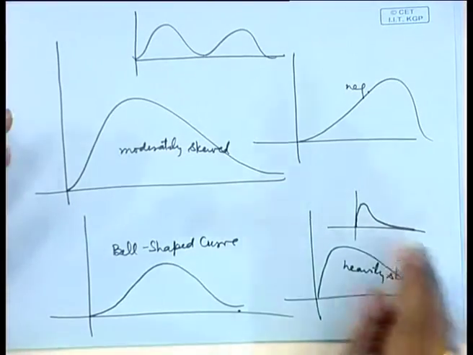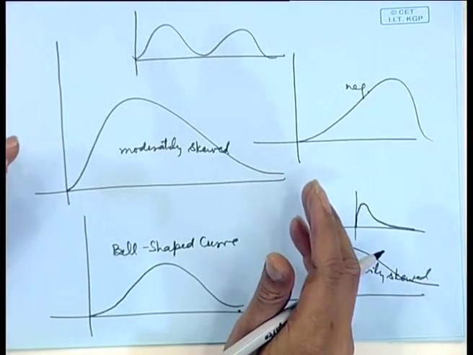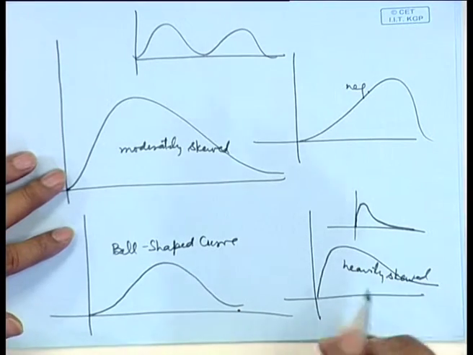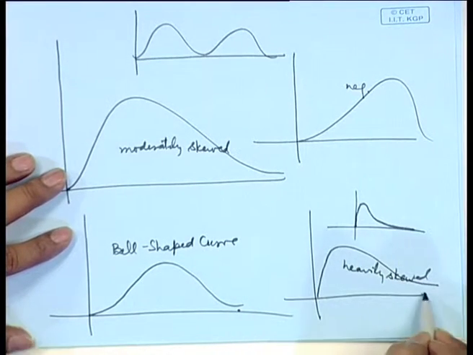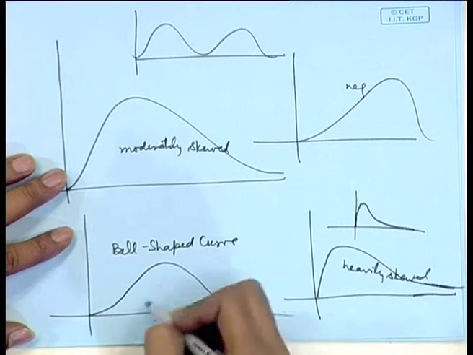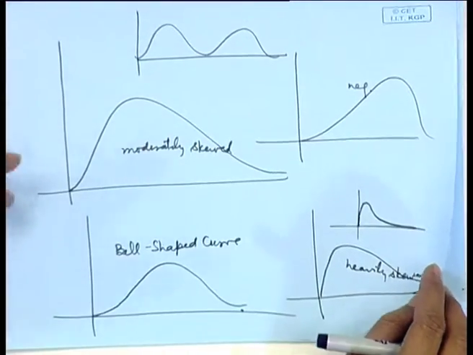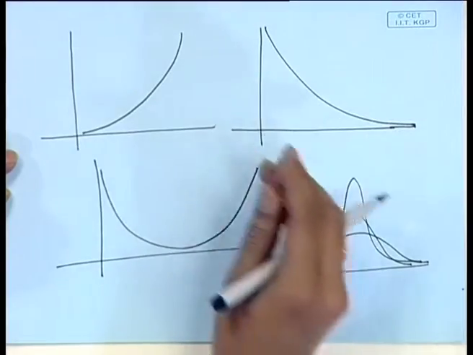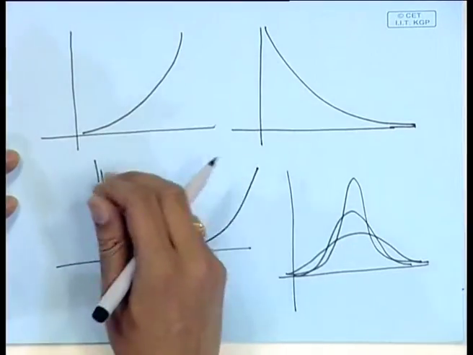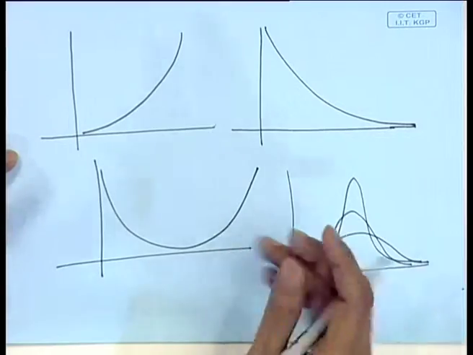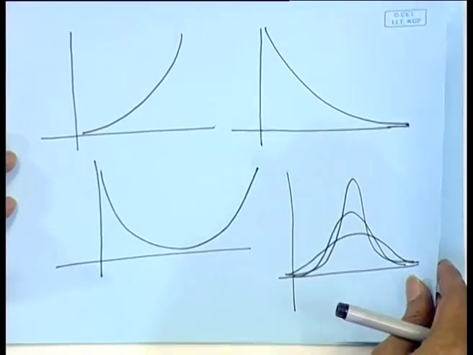Now, by looking at the different curves, one gets a feeling about the kind of distribution that will be there. So, for example, if we observe a heavily skewed distribution, then we know the nature of the data. If we know it is symmetric, then we know the nature of the data. If it is skewed, moderately skewed or heavily skewed, we are able to make certain comments about the distribution. For example, if it is increasing or decreasing or it is a U shape, etc. Now, next is measures.